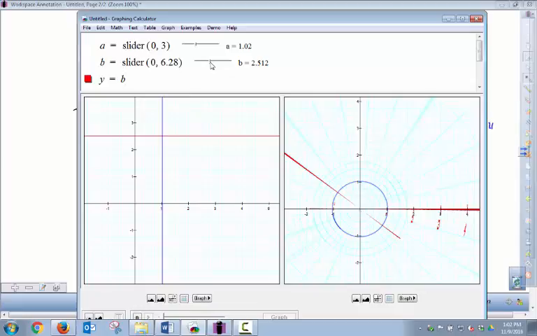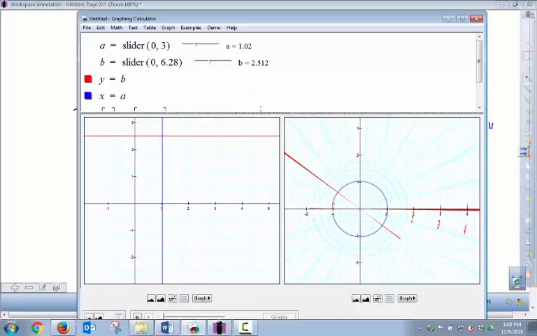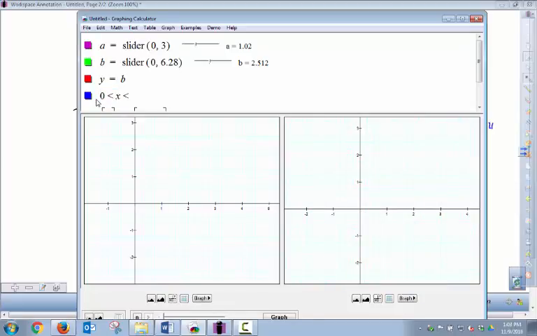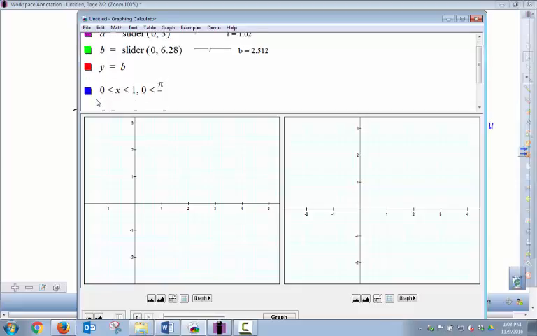So if your x or your r is between 0 and 1, and then your theta is between 0 and pi over 2,